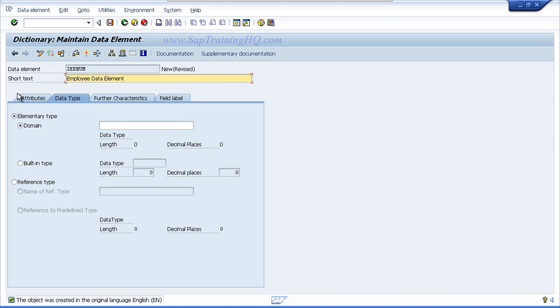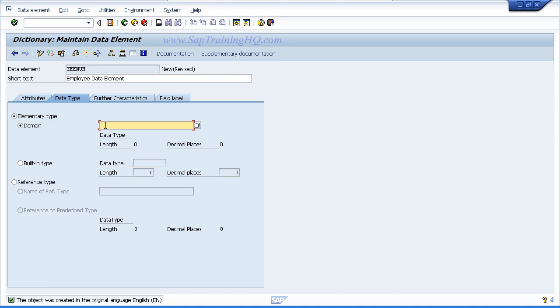Now under the short text you can see 4 tabs, and the one that's highlighted says Data Type. We can see here the elementary data type called the domain needs to be defined for our data element. Now this is important. Domains must adhere to the customer namespace.